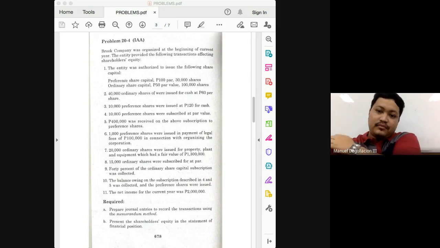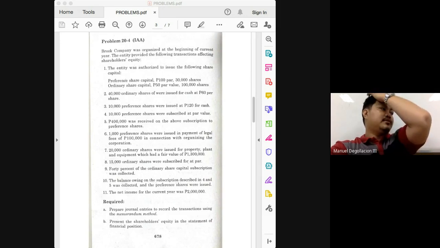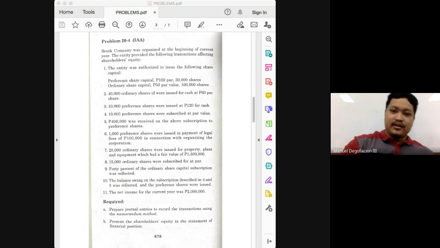Okay. Number 8, 15,000 ordinary shares were subscribed for at par. Again, this will result in subscriptions receivable for ordinary shares and a credit to subscribed ordinary share capital amounting to, is it 750,000, class? 15,000 times 50, you will have 750,000. But again, don't forget, class, par value, only the par value will enter your